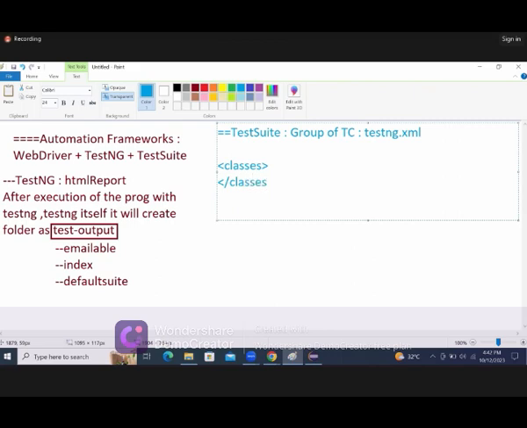So according to TestNG, as part of the XML, one tag name of classes